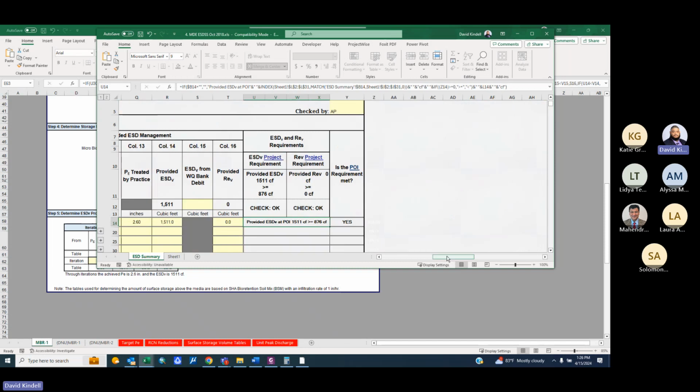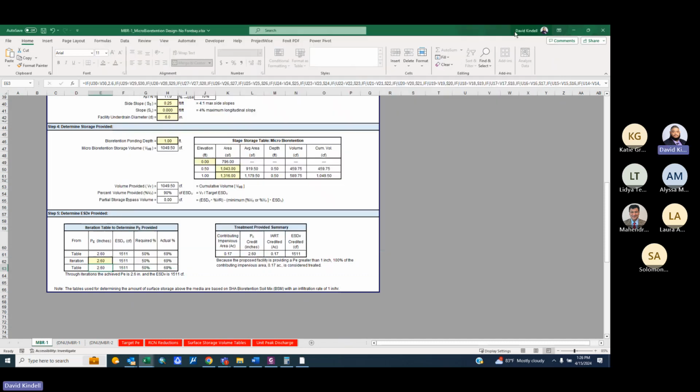That means you're providing P 2.6 and site environmental protection design cubic footage of 1511, and then the PLI requirements met, and then this yes. Okay. And that's basically how you do site design, that trial and error of